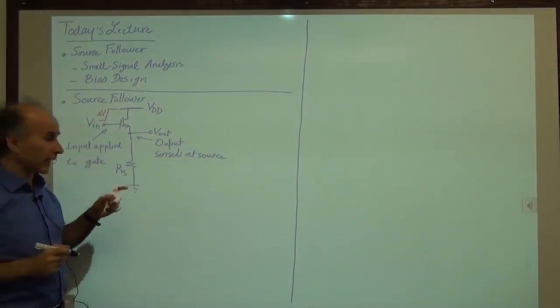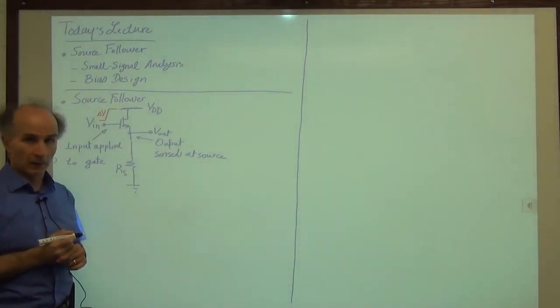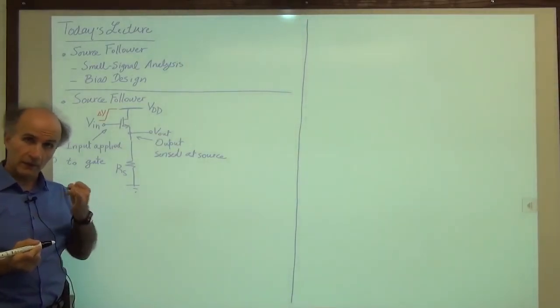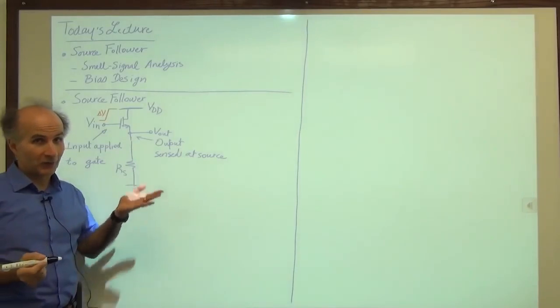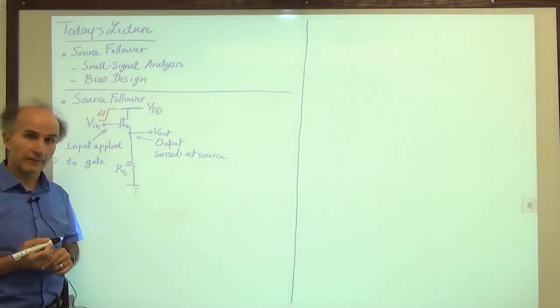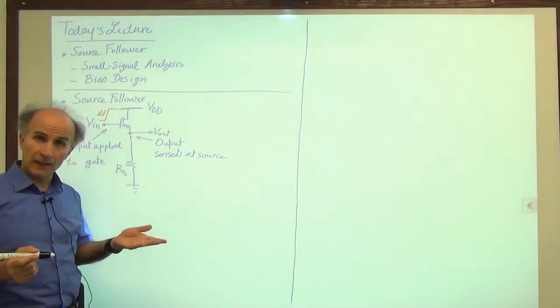And I would like to see what happens at the output, just qualitatively speaking. All right, well, the output has three possibilities. It goes up, it goes down, or it doesn't change. Now, it had better change because, after all, this would not be an amplifier or a useful circuit if the output doesn't change. All right, but let's assume that the output does not change and proceed and see what type